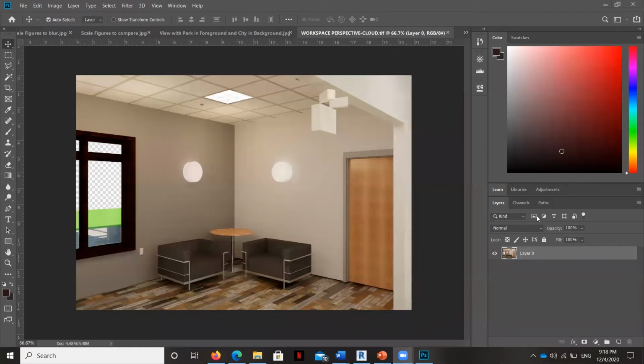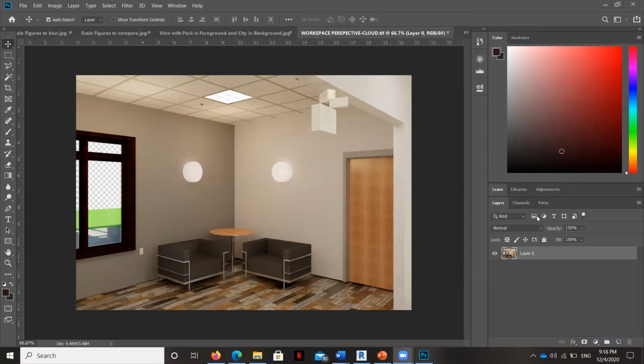In this video, I'm going to teach you how to add entourage in Photoshop. I'm going to begin by teaching you how to place a realistic view out the window. Then I'm going to teach you how to place scale figures, and then I'm going to show you how to change the style of your scale figures so that they're not distracting. There's a couple different techniques that you can use and choose from based on your preference.